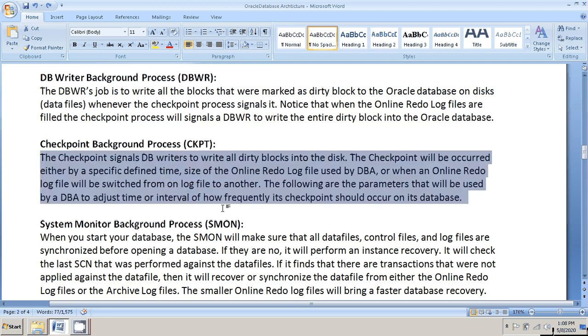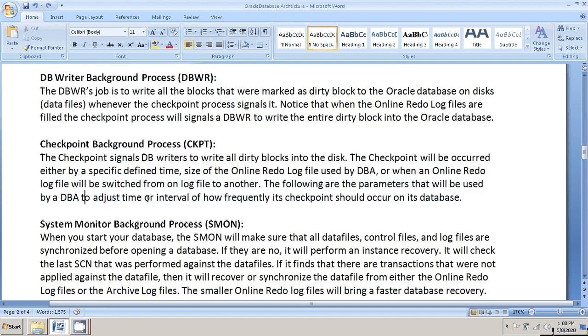The following parameters are used by the DB to define how frequently checkpoints should occur in the database. So a checkpoint is a process where the database buffer cache is written to the data file. Even if a DBA runs alter system checkpoint, all the data will be written from the database buffer cache to the data file, irrespective of commit.